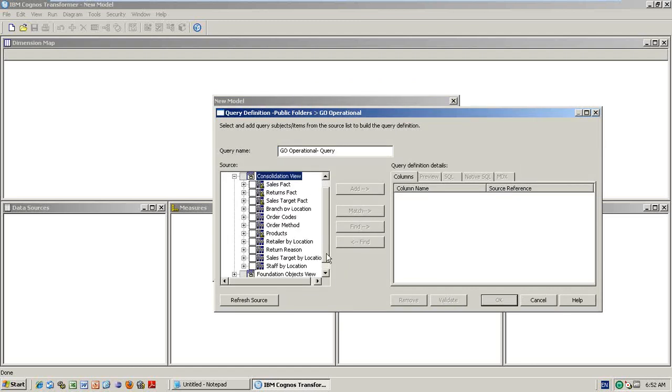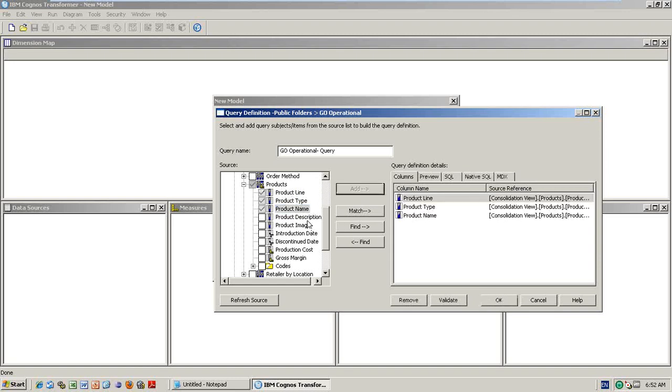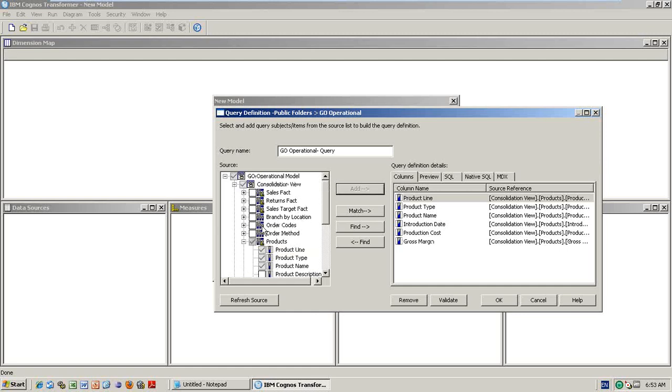Then as usual, it will show you whatever tables are available in this package, like in Cognos Report Studio, same thing. And here you need to select what things you actually need. I want product line, product type, product name. This is like one dimension. Add it. Introduction date also you add. Whatever things you want. Production cost I want in my cube. Gross margin also I want. I want to see some other things also.